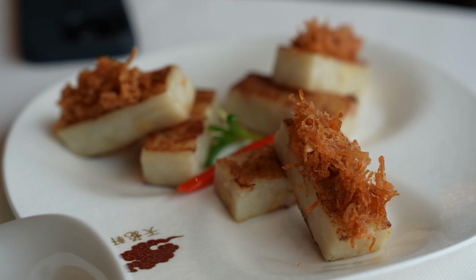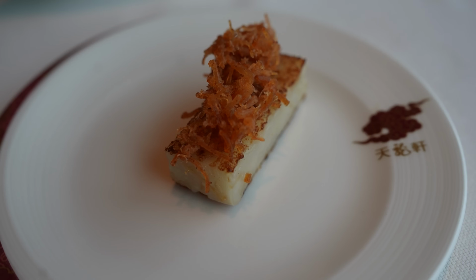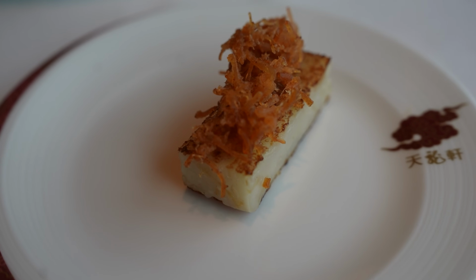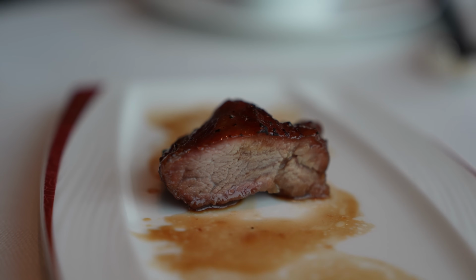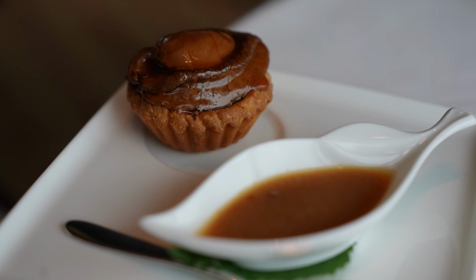And last up, we have daikon with XO scallops. So XO is kind of like a spicy sauce, and it's dried scallops on top. So the daikon radish cake is pretty good, but it wouldn't be my first choice if I was here. If I had to rank them, it'd be the barbecue pork, the baked pork bun, the abalone tart, crab puff,